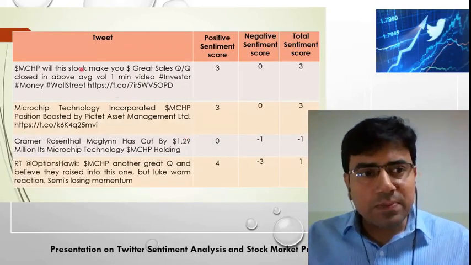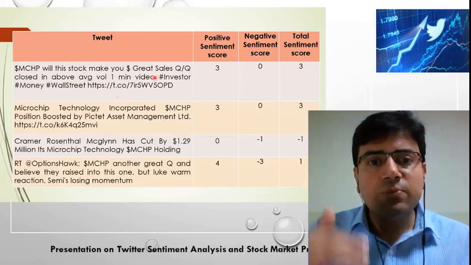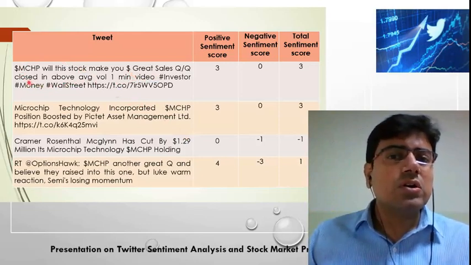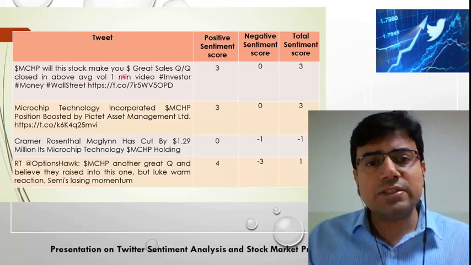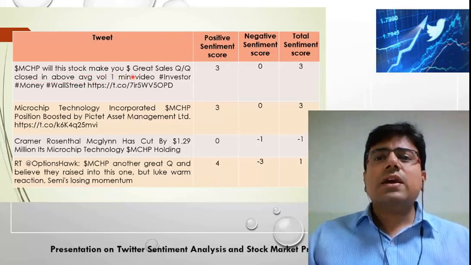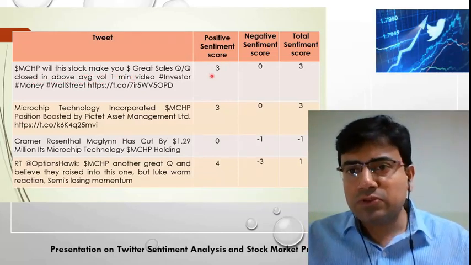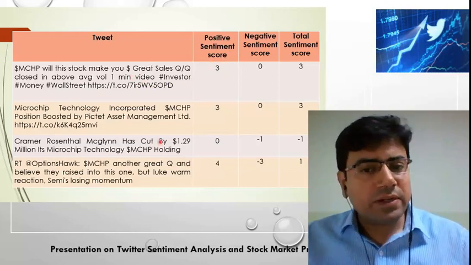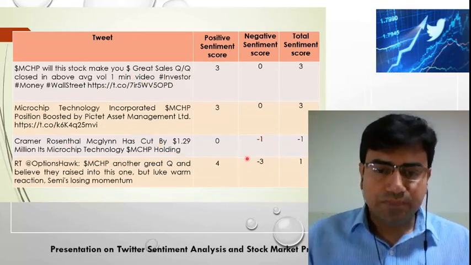Now, this is an example. This is the tweet. After filtering we get the important words, something like great, scale, score, sales, scores, closed, above, average. Some of these words can be referred back to the AFINN library to compute the sentiment score. So this is going to be a positive score, and there are a few comments which could also lead to negative sentiment scores.